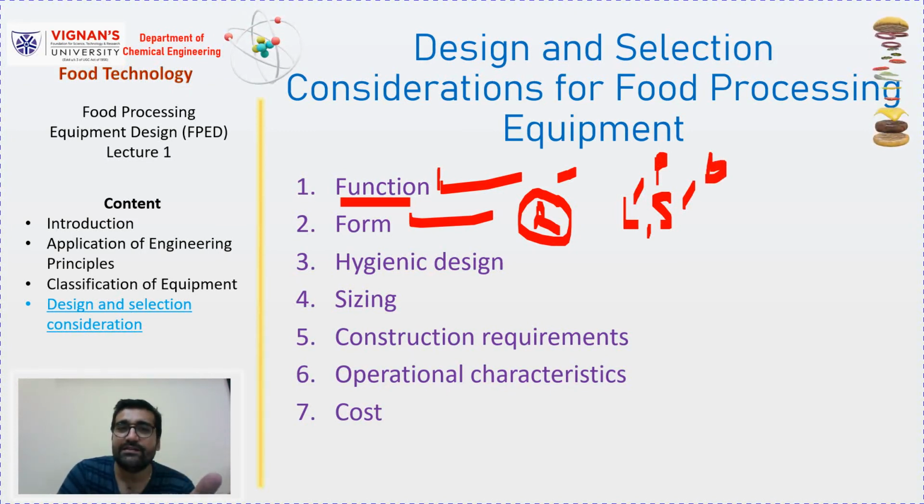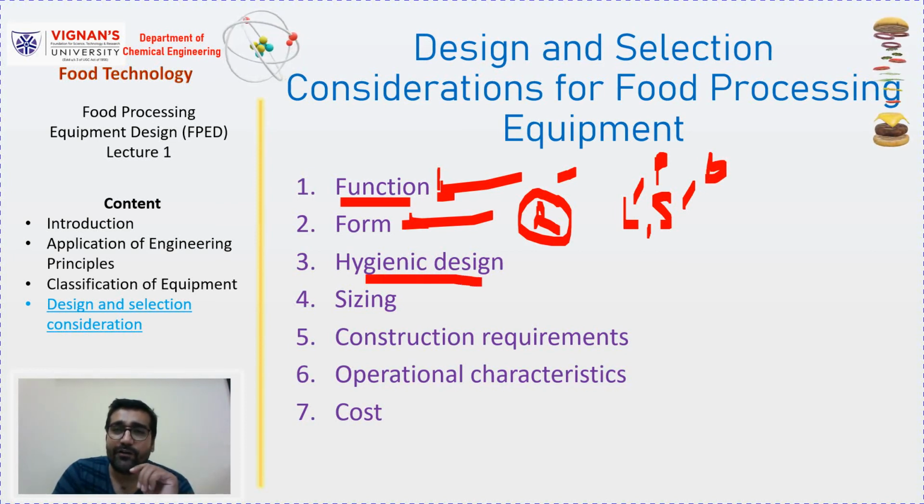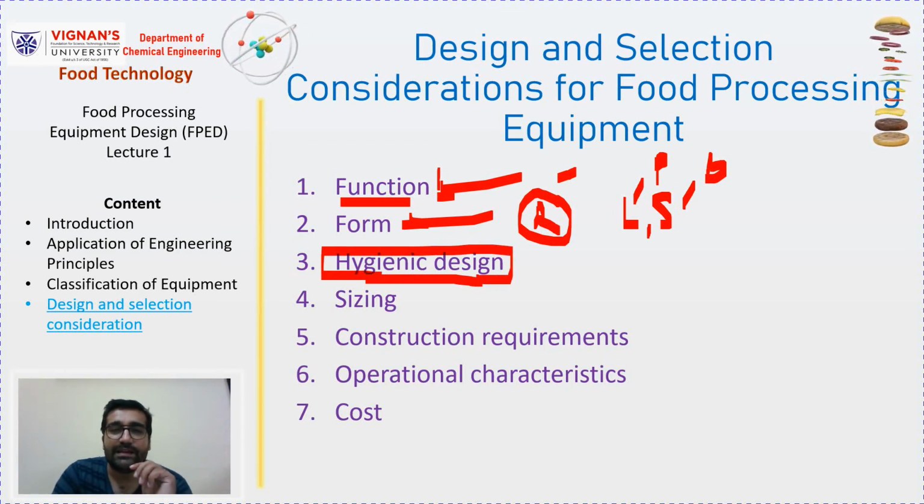So first we have to design, justify the function, what function we are going to perform, then which form we are dealing with the product. Next step for designing of any equipment, a very important step, is hygiene design. Equipment should be designed in such a way that we are able to clean the equipment thoroughly, because if we are not able to do it, it will generate a lot of food safety hazards and food safety